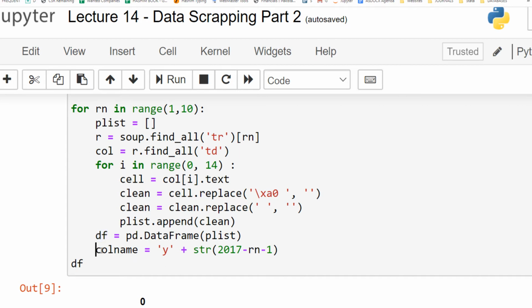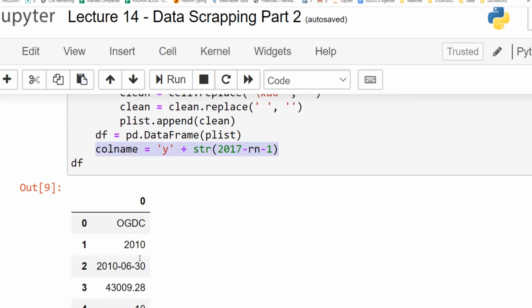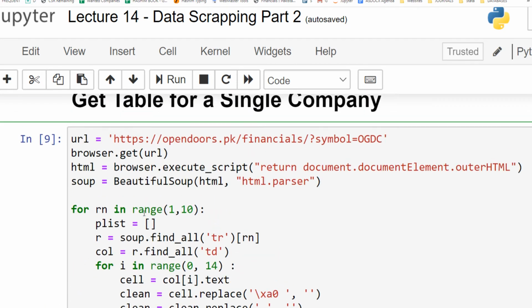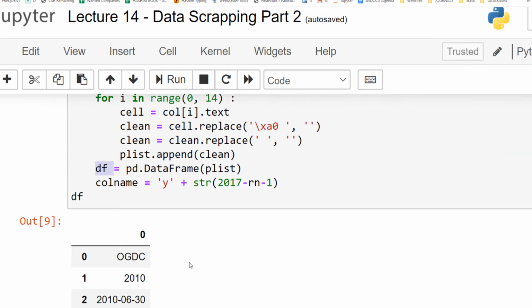And this part will remain fixed for all companies. So there are two parts of the code which need to change. One, the data frame name, and second, the company symbol.